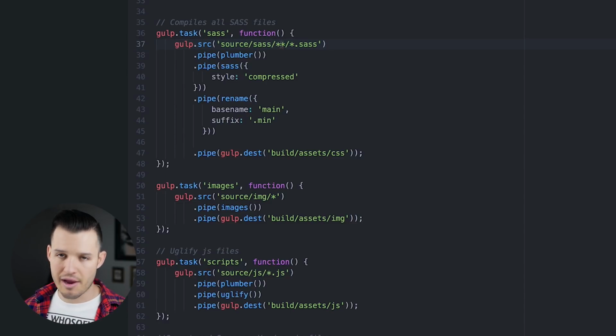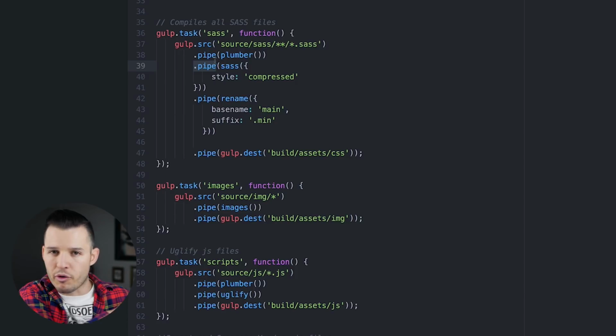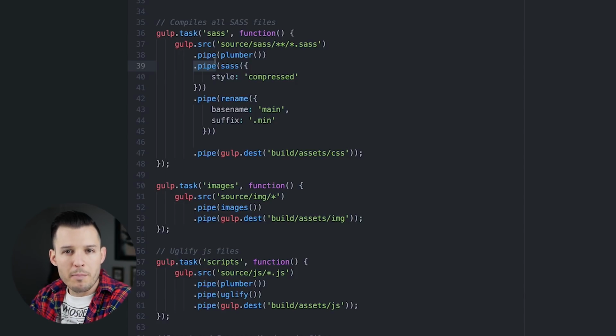Go into any and every file inside of that and find any file that's called Sass, and I want you to check and make sure it's okay. That's what Plumber does. Each one of these little commands that starts with pipe is how Gulp works. It pipes at one place and then to another and then to another. It's running many little things before it gets to where you want it. So I want to pipe it and make sure it's plumbed, or correctly written.